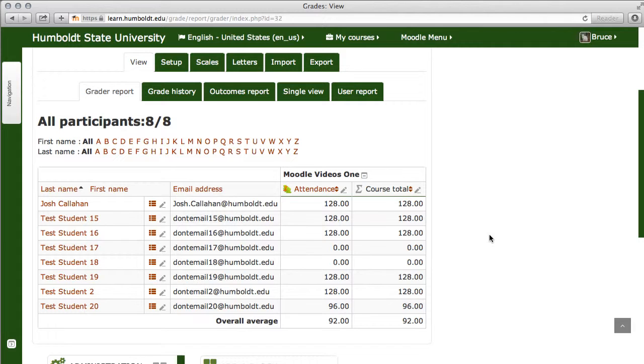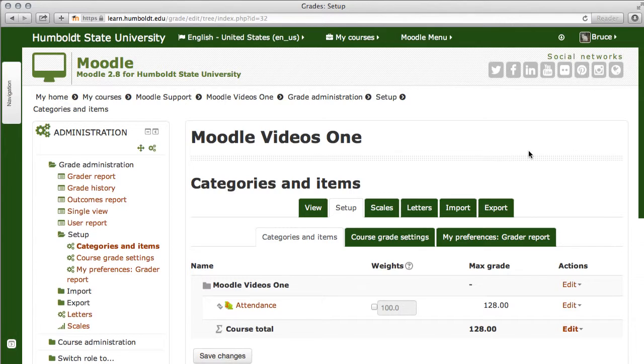I'm going to choose Setup, and while Setup is filling in, a reminder that Moodle is not mandatory to be used for grade use. There are other methods available, and we're happy to help you with that. And these videos, well, obviously excellent, are not a replacement for getting one-on-one support or attending one of our workshops. It's best to get good advice on new technology from the people who manage it.